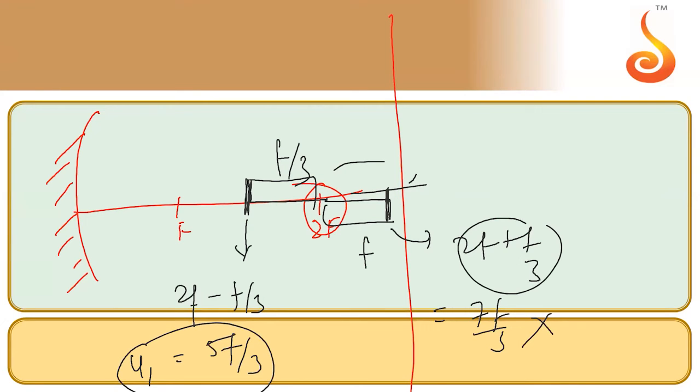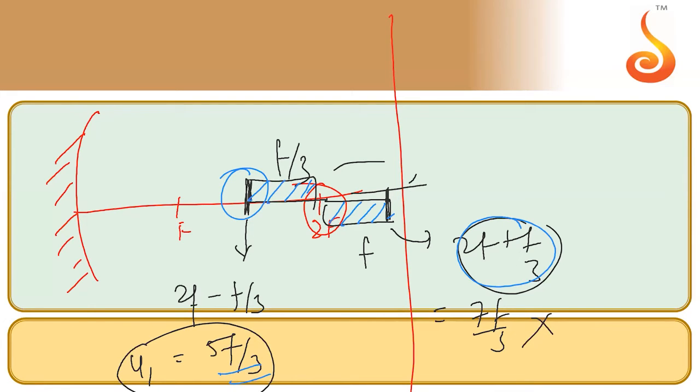My dear friends, before I go ahead and solve the complete question, did you understand the second point? Did you understand the second point? It was given to me that the object is of size f by 3, and I could have kept it two ways. One end is at 2f, you can keep it to the left, you can keep it to the right. If I keep it to the left, then this coordinate becomes 5f by 3, and I find out the v value to calculate size. If I keep it the other way, then this coordinate u value becomes 7f by 3.